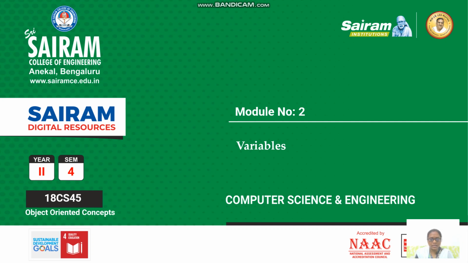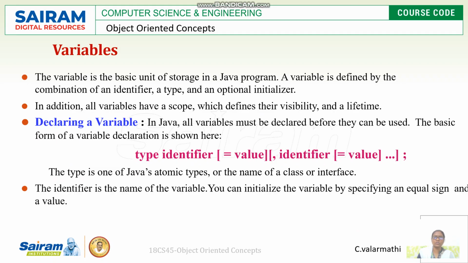Since the variables part is very important in any kind of Java programming, what are the variable features available in Java? How is variable typecasting allowed in Java? That is today's video topic. Let us go to the topic. Variable. A variable is a basic unit of storage in a Java program.